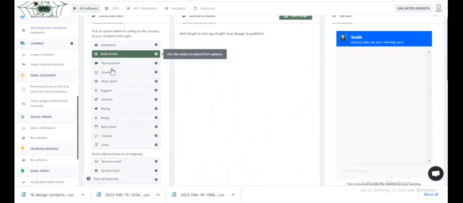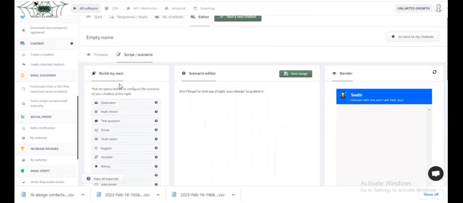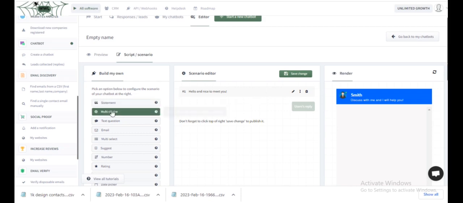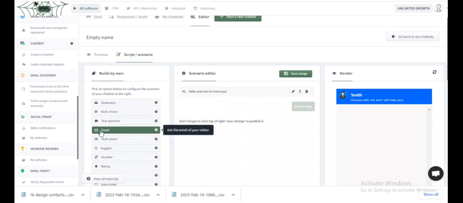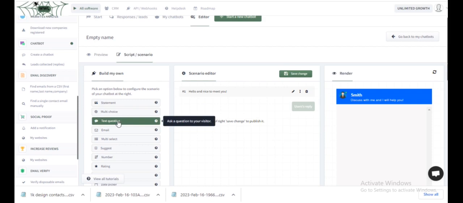And here, this is where you're building out your script scenarios. So let's say someone does click discuss with me and I'll help you. What do you want the next statement to be? So you can say, hello, nice to meet you. You can add a question.